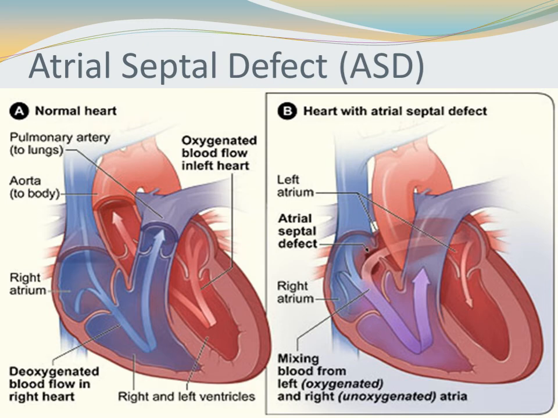Atrial septal defect, there are two types, ASD primum and ASD secundum. ASD secundum is more common and tends to close spontaneously, whereas ASD primum is a bigger defect. It lies lower and anteriorly, and it is